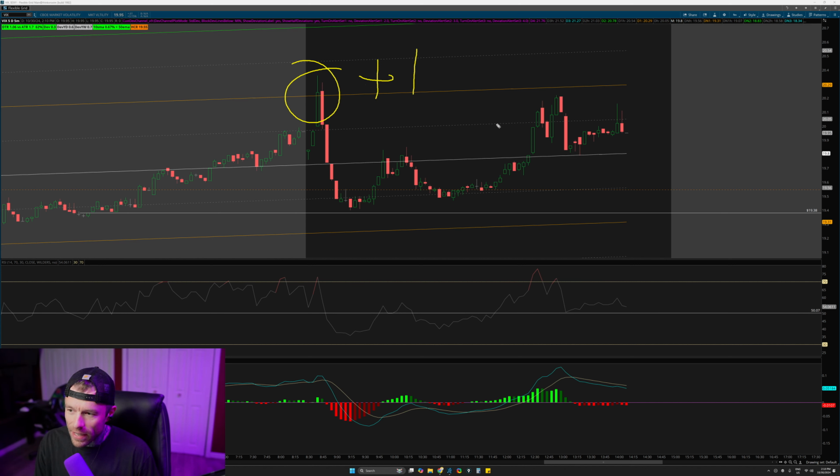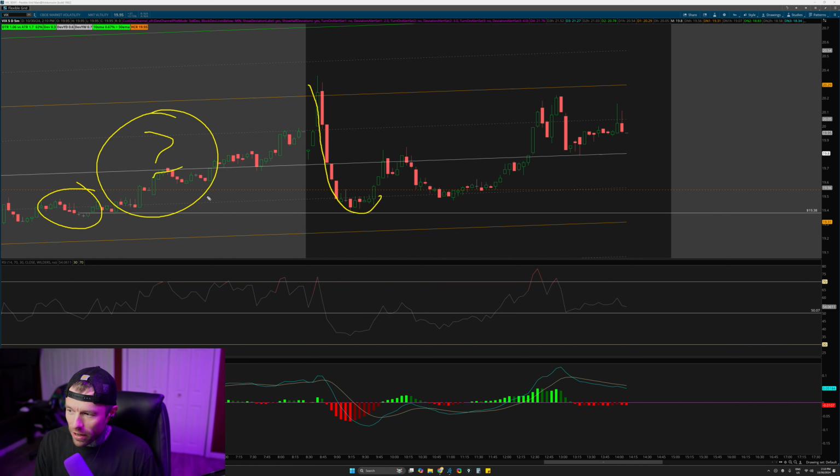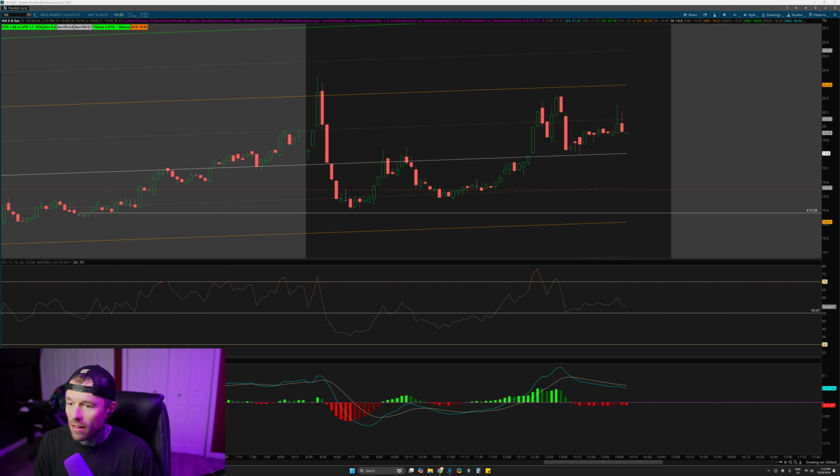The +1 deviation. The likelihood that we stay outside the +1 deviation is very minimal. So what happened? Obviously it fails, right up to the $20.10 mark. Yeah, it pushed past it a little bit, but still filled the gap. Nothing's perfect. It comes down and leaves this gap. Now we have to use our brains to remember this guy, okay? But what does that do for our ending trade?